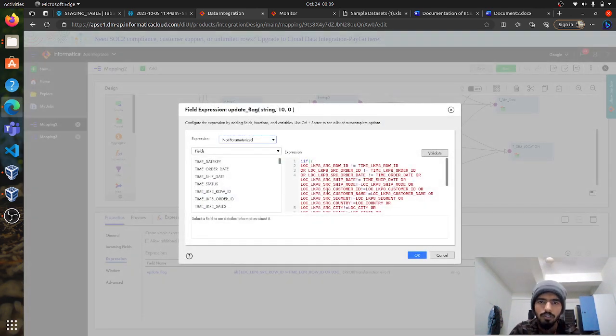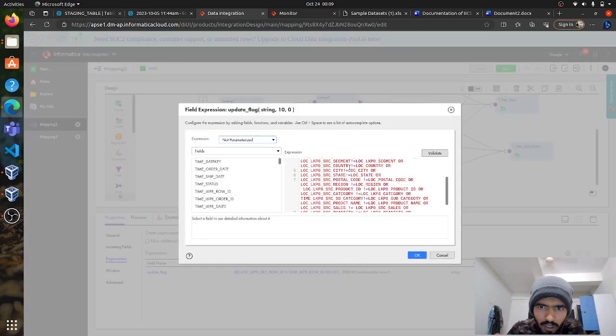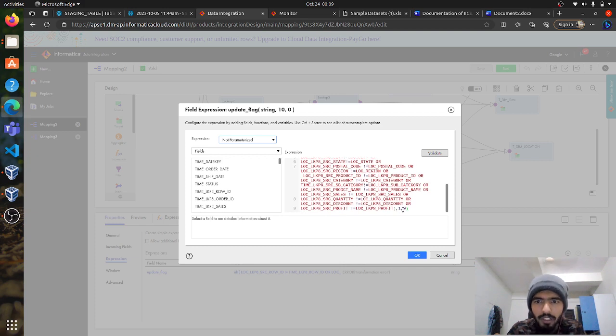What does the update flag do? Let's see. Just read the condition carefully. If the location from the source is not equal to the target, then what should I do? If it's not equal to this, and here OR is there, if any one of the conditions is true, it will turn into 1, meaning the data has been updated. That's the reason